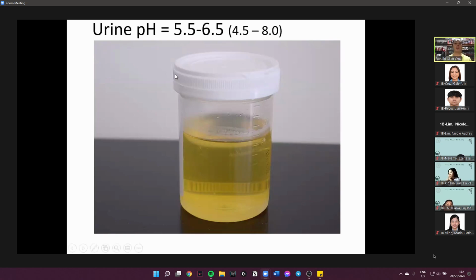Okay. So your urine pH is normally 4.5 to 8. So it could be as low as 4.5 and as high as 8. So it could be alkaline. However, the average pH is 5.5 to 6.5. So it's a little bit acidic. So after your lecture this morning on acid-base balance, this should give you an idea why your urine is typically acidic. However, if you get a urine sample that is neutral, let's say 7, or alkaline 8, you might want